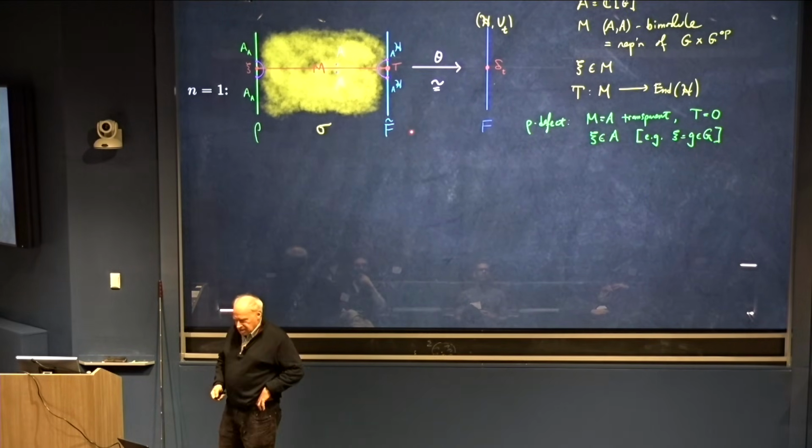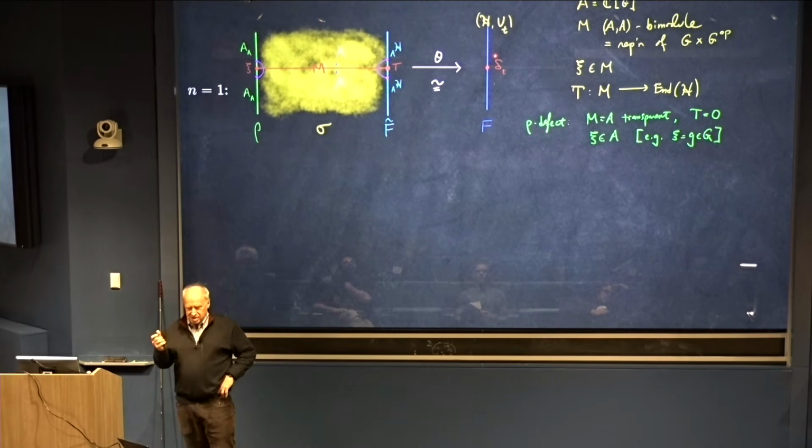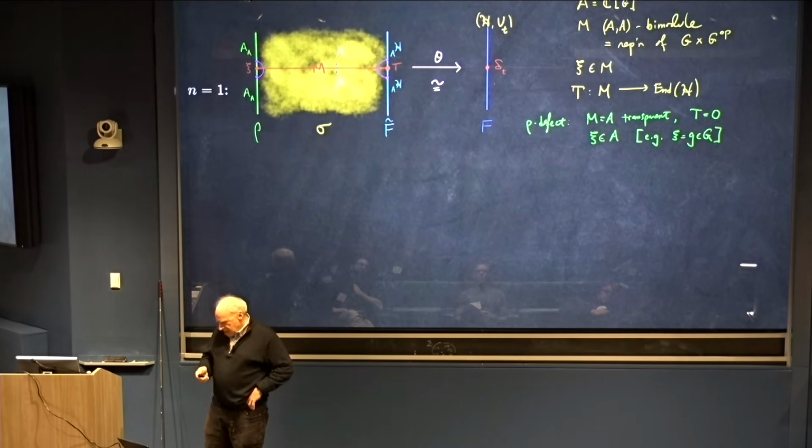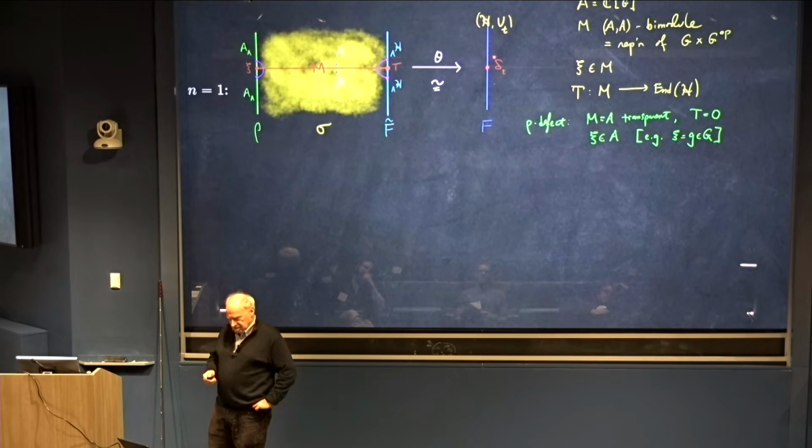Okay, so here let's think about the quantum mechanical case. That's n equals 1. So this is the theory F. You can think about this vertical direction as Wick-rotated time. And so the evolution on an interval of length tau is e to the minus tau Hamiltonian. And so here, this is the data that gives you this,